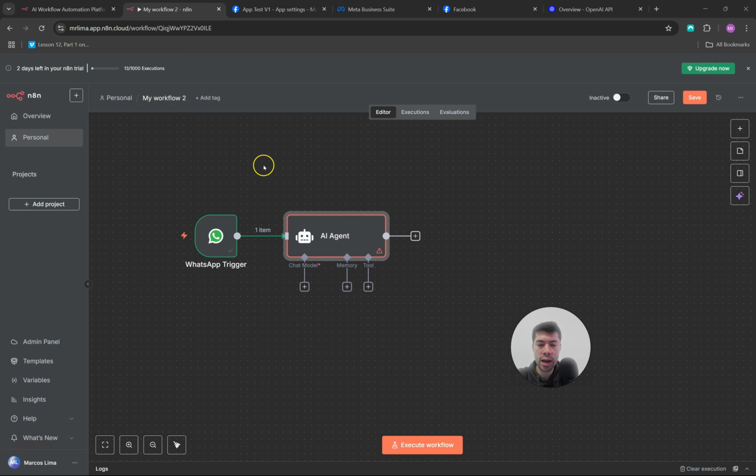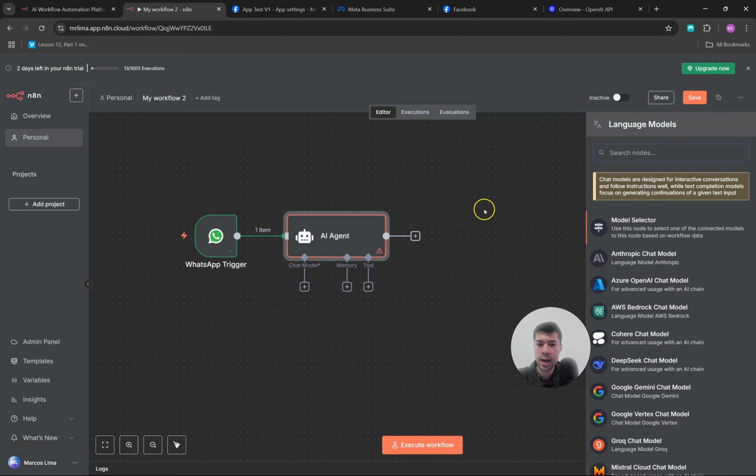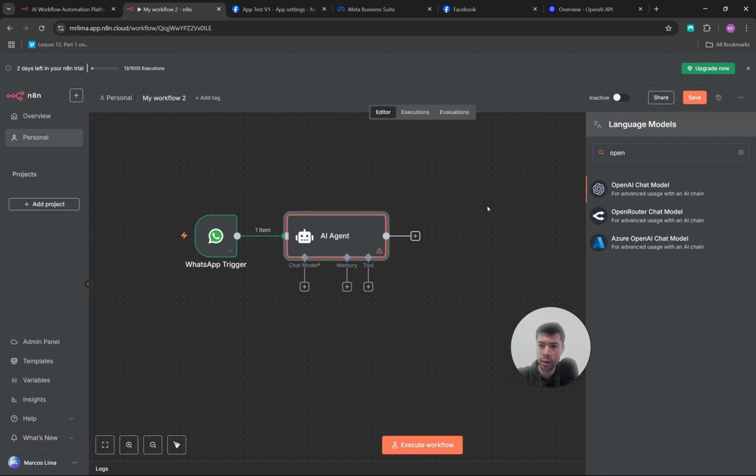agent. So far we have told it you're going to be receiving these messages and you need to answer in a certain way. But how will the agent do it? That's when the agent needs to have at least a brain to do something like that. And what is the brain of the agent? It's a large language model. In this case, you click here on the plus under chat model, and we are going to be using the